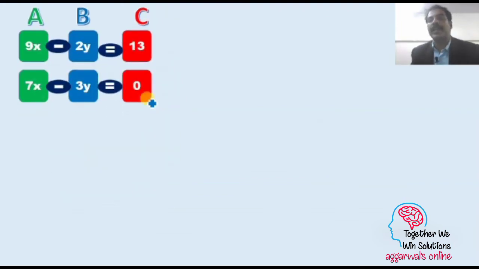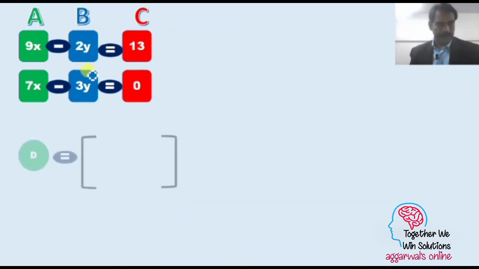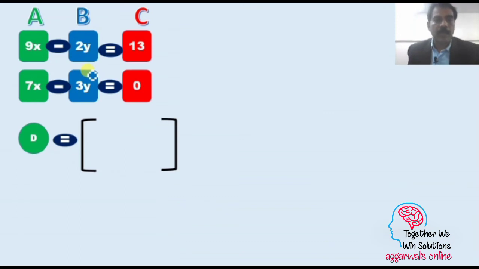Now we have to find the constant determinant, that is, the column number C. So if you want to find the column number C, we are standing at C, we'll jump on the previous number, that is B, but we cannot write the coefficient of B. So first we'll go to column A as per the alternate jumping idea. So first we'll write the value of column A, and then we can write the value of column B. So let's see how to find the value of D. In order to find D, first we'll copy the values of A, that is 9 and 7, and B, that is minus 2 and minus 3.